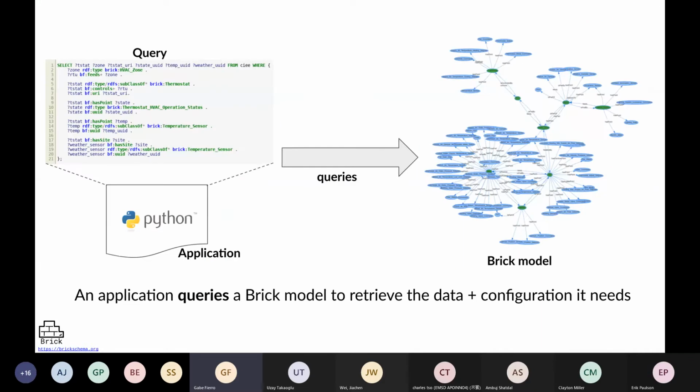And that digital representation can be leveraged by applications written in arbitrary programming languages, not limited to Python here, where the application can then ask questions about the building by using the standardized digital representation to abstract away all the difficulties of having to figure out which BMS you're talking to, what are the subsystems that are there, what's the API. It all gets lifted up to a common semantically enhanced layer that the application can access.